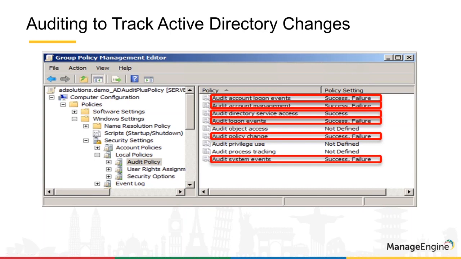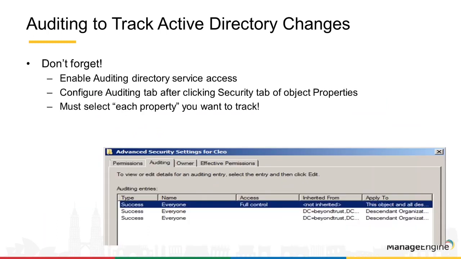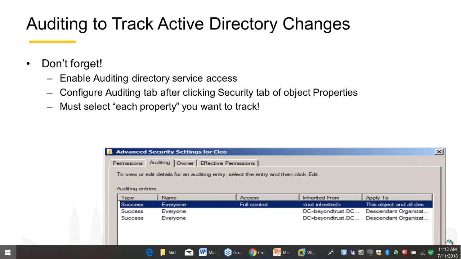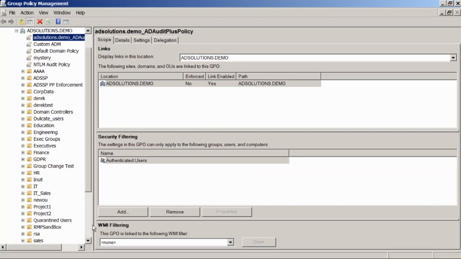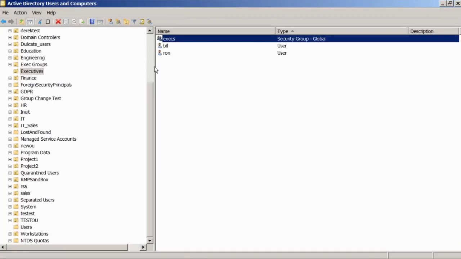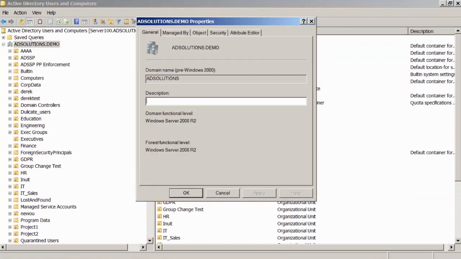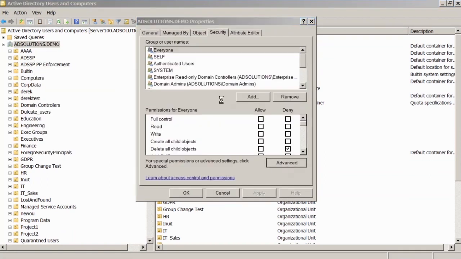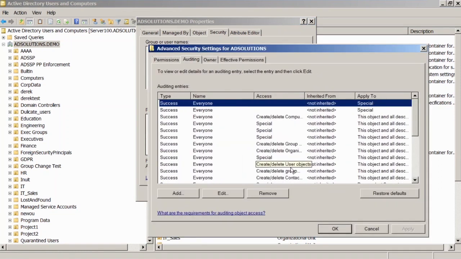The second step is that you must also go in and set up what's called the SACL, the System Access Control List. Now, let me show you where that is. I have a screenshot here for you, but I actually want to dive into the operating system and show you where this is. Now, I'm going to come over here, and I'm going to go to Active Directory Users and Computers. I'm going to go to the top of my domain, and I'm going to go to my Properties, Security, Advanced,